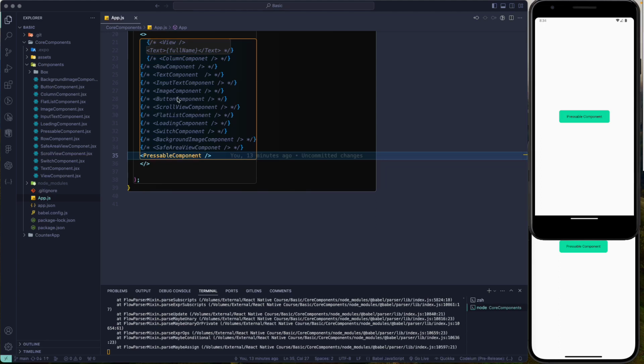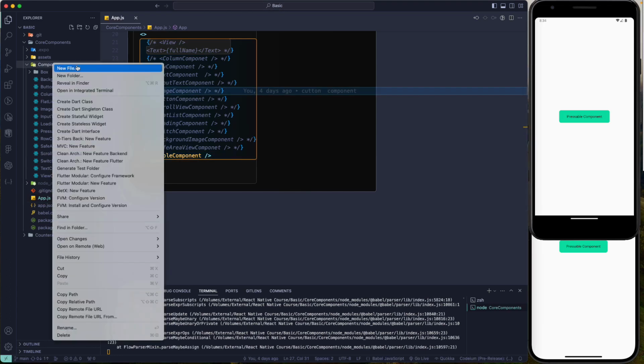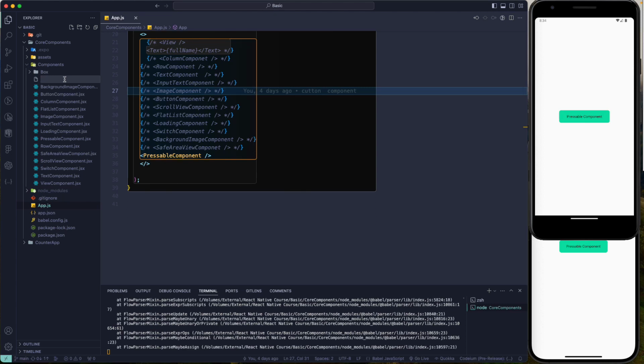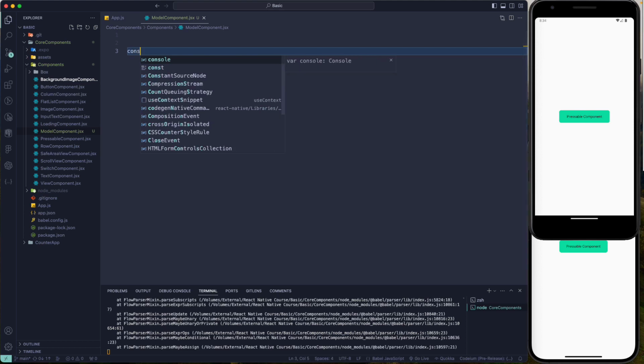Yeah, hello there, and welcome back, and let us continue with our lesson. In this lesson we will learn about the Modal in React Native. For that, let's go back to our component and create one file. Let's call it ModalComponent.jsx,